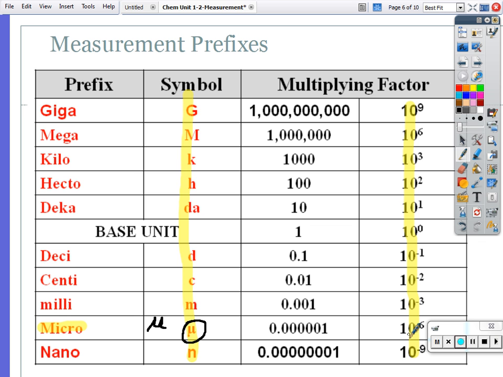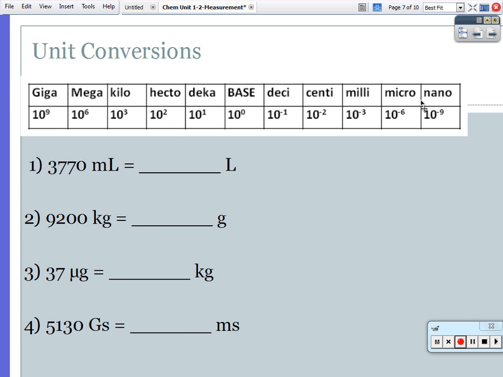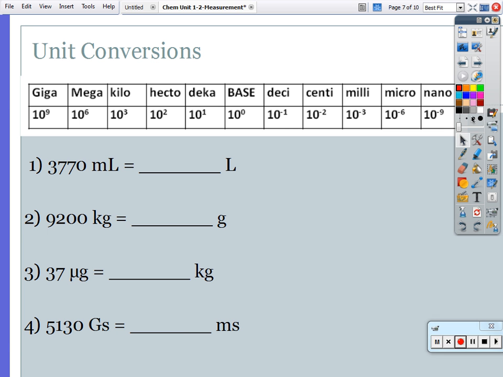Alright, so the reason you need to know this table is so you can go from one unit to the other unit. So hopefully this is something that you've looked at before in your science classes. So here's the table. All right, I made it long ways this time, and I know that you guys were probably taught how to memorize King Henry died drinking chocolate milk. All right, but that only gets you so far because if you look,